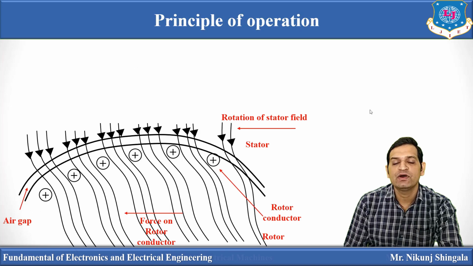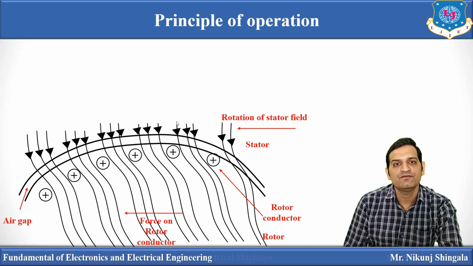Now moving towards the working principle of three-phase induction motor. In the previous video lecture, I have discussed about the construction of three-phase induction motor. Now after understanding rotating magnetic field, understanding of principle of operation of three-phase induction motor becomes easier. So here you can see a cut section. This is a stator part and this is a rotor part. These are the copper conductors and this is the rotating magnetic field.